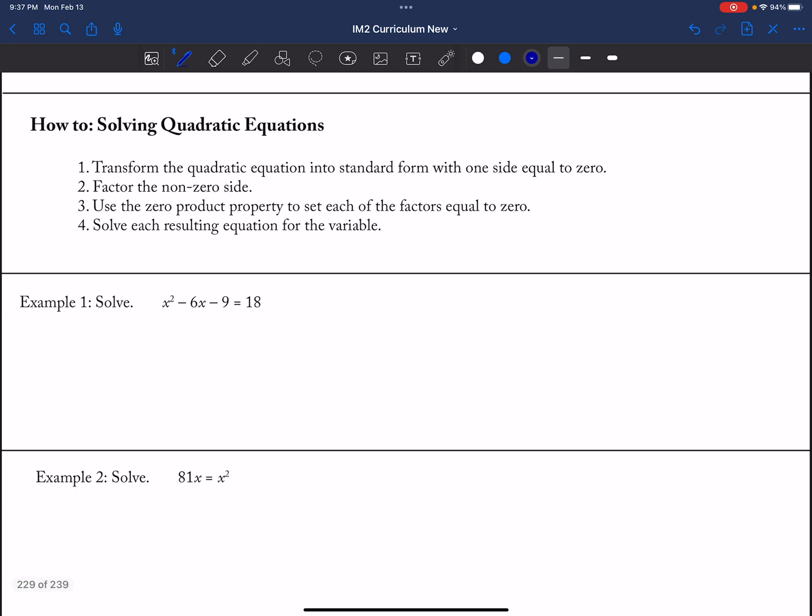So here, if I were to factor this, I'd have two things that are multiplied together. I cannot set that equal to 18. I must set it equal to 0. So the first thing I'm going to do is subtract 18 from both sides, so I'm going to make one side 0. And so I get x squared minus 6x minus 27 is equal to 0. And then what I'm going to do,